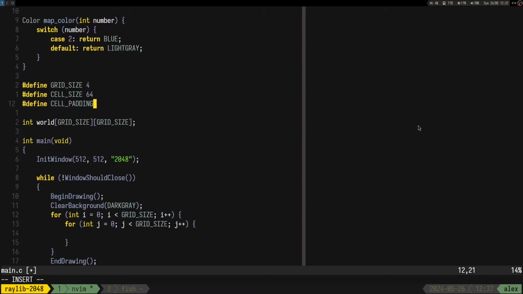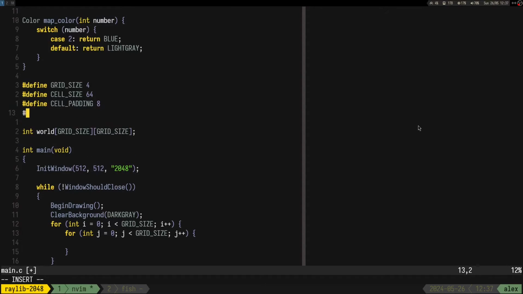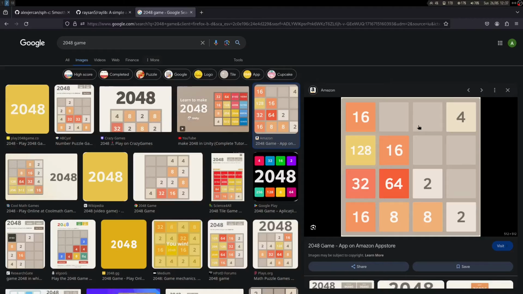So let's say it's gonna be 8 pixels. So define the window size. I think the window size is gonna be grid size multiplied with the cell, and then we have